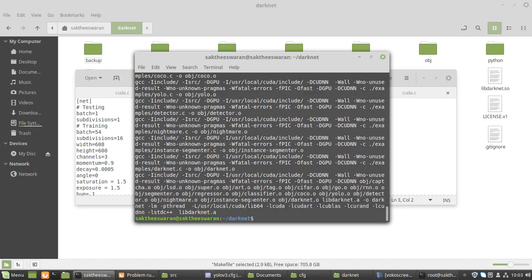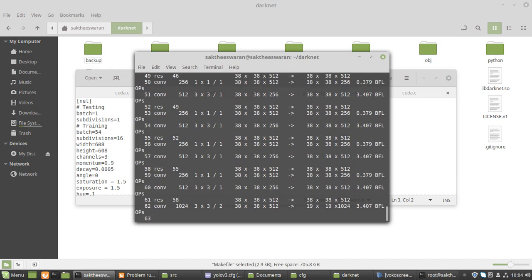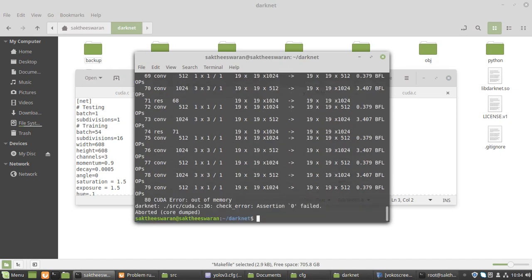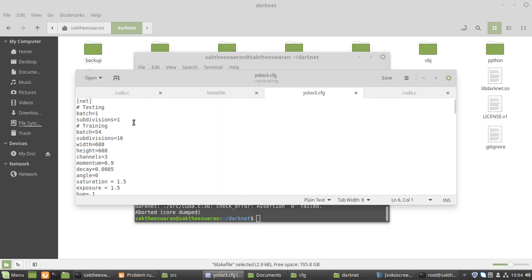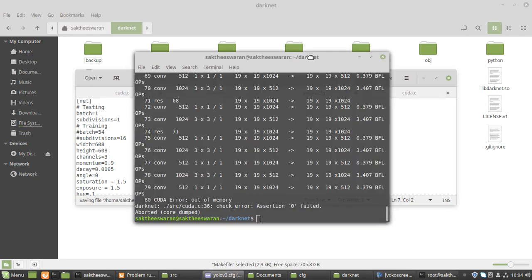Okay, let's hope for the best. Oh my god, it failed again. So what I'll do, let's try by just deactivating this, I think so. So these are some things we have to do, I think. So let's go to the makefile again